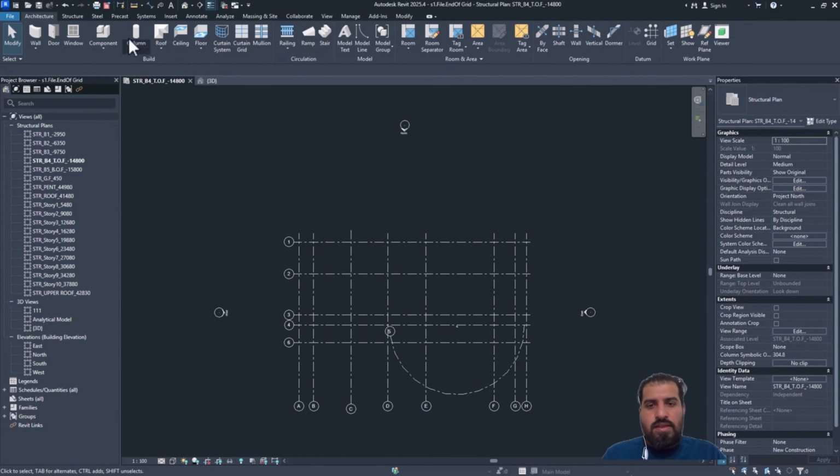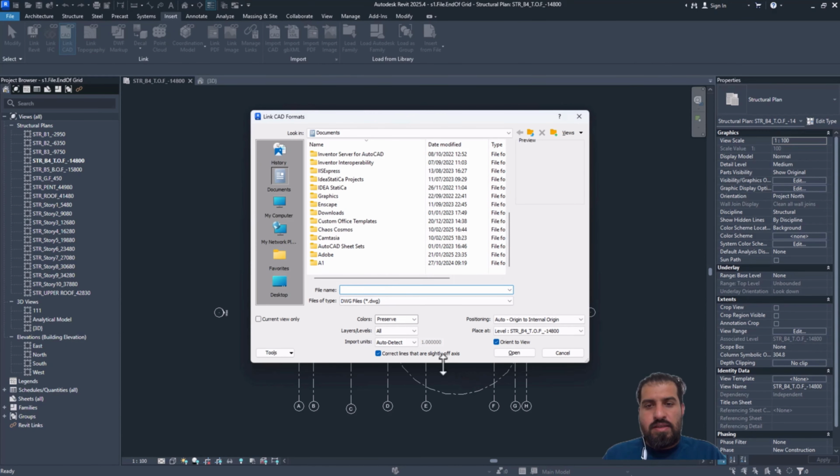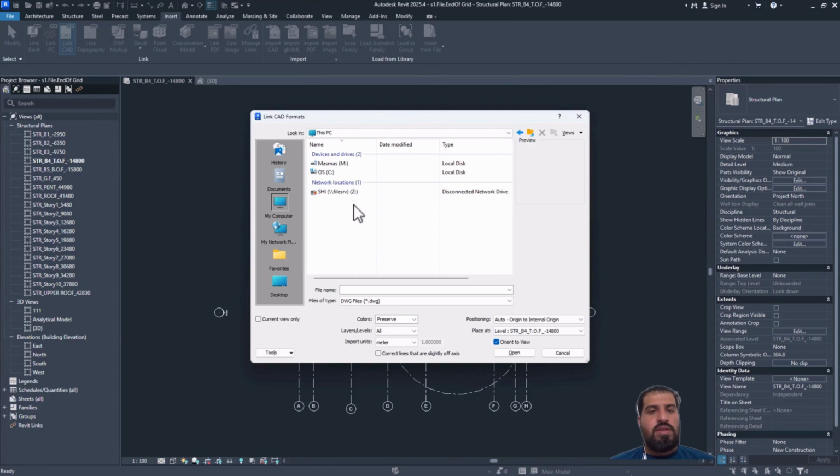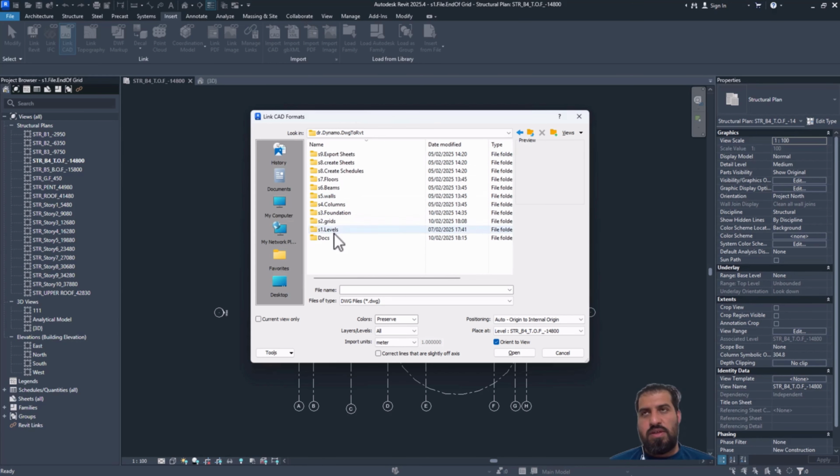We select Insert and Link CAD and set Import Units and set Trace Level. We want to insert Plans Foundation to all Revit models. This plan was prepared earlier